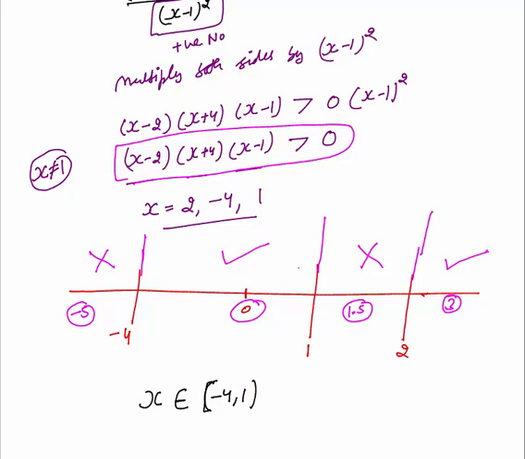Both will not be included, because we need equals to 0. Minus 4 will not be counted. This is a small bracket. Minus 4 to 1. Both are not included. Minus 4 as well as 1. Union